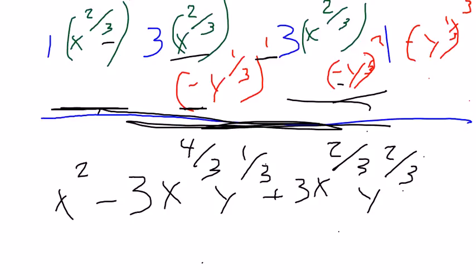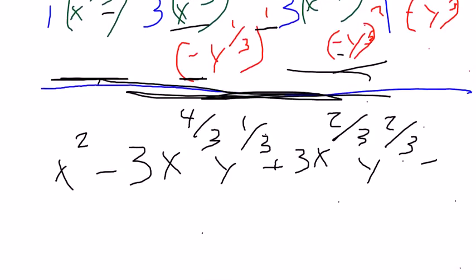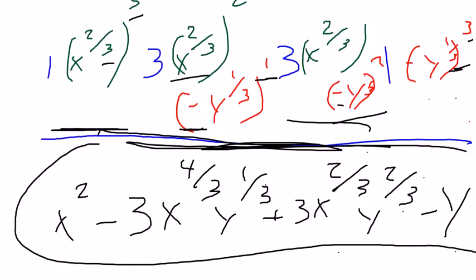In the last term, I ran out of room, but I know it's going to be a minus sign. And actually, it didn't run out of room, because if I take 3 times 1/3, that's just 1. So it's just going to be y to the first. So there you go. There's your answer. X squared, negative 3x to the 4/3, y to the 1/3, plus 3x to the 2/3, y to the 2/3, minus y. So this is number